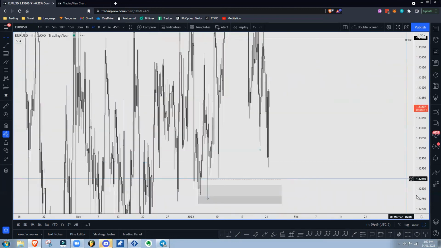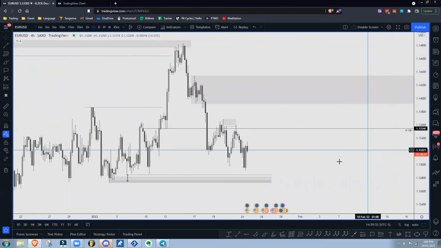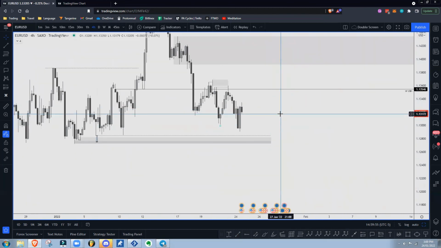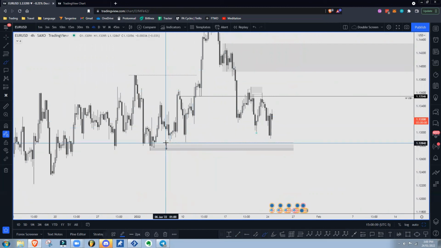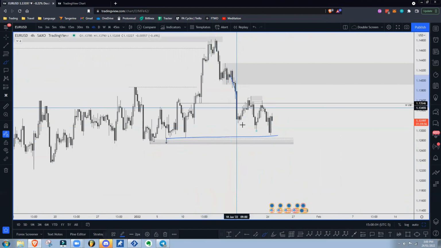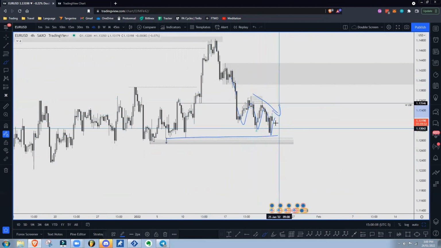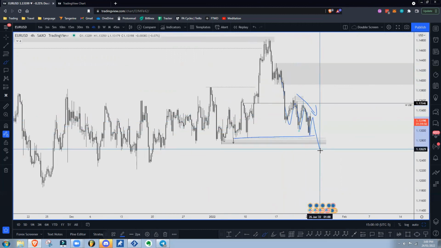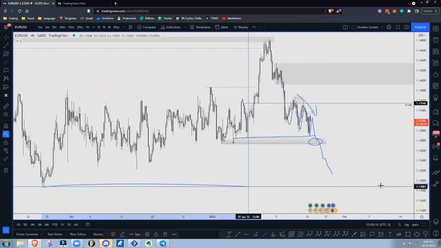So let's just look at what I'm anticipating. We'll see how the daily closes because it's not closed yet, but I don't think that this is going to go up yet. We just have so much liquidity pent up here. We have structure pushing down here. So I do believe that the next level that's going to be hit is first off this one here, and then potentially all the way down. Again, this is my target.